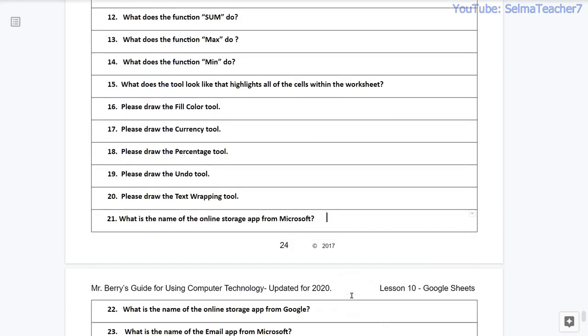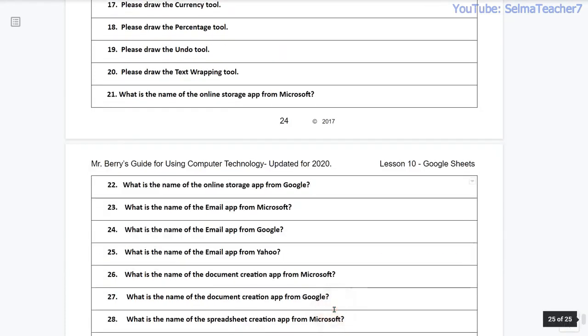Question number 21. What is the name of the online storage app from Microsoft? Question number 22. What is the name of the online storage app from Google? Question number 23.